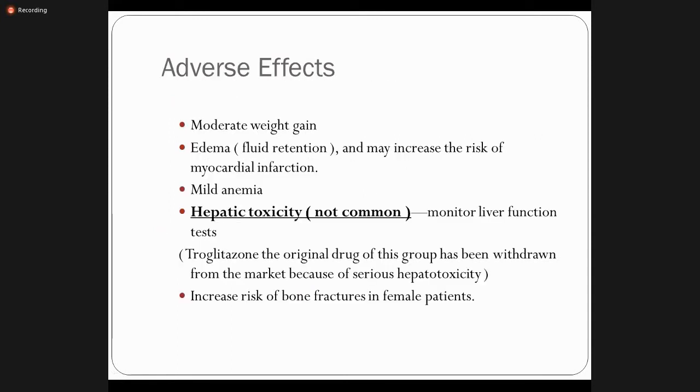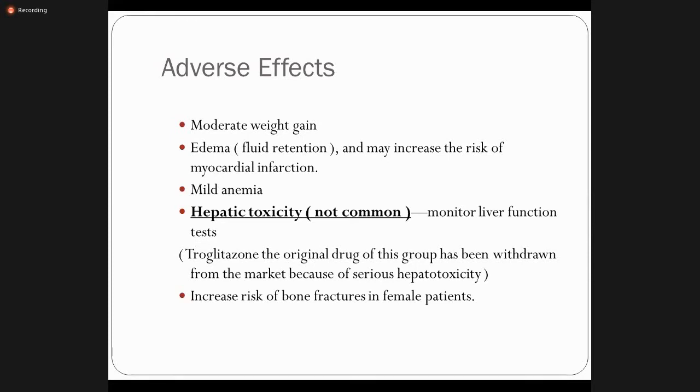Adverse effects: moderate weight gain, edema. This is one of the major concerns related to the thiazolidinediones. Fluid retention, right, and may increase the risk of myocardial infarction. Suppose a patient has a heart problem and especially heart failure, in which there is already a problem related to edema and fluid retention, so it will further enhance this problem. Mild anemia,